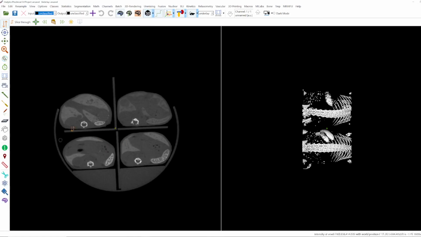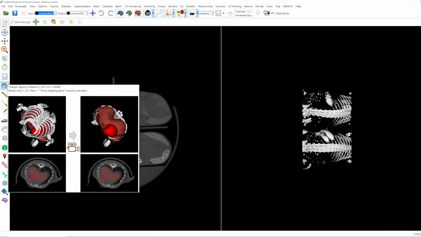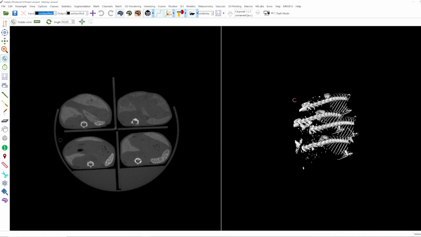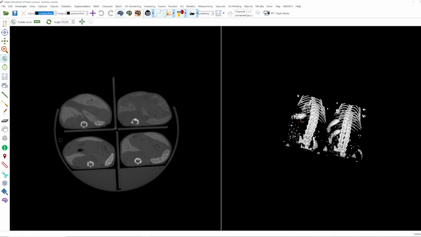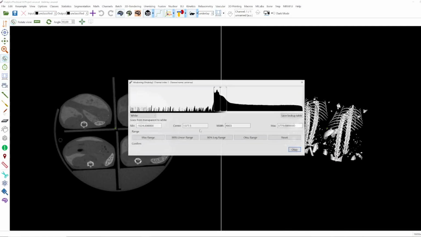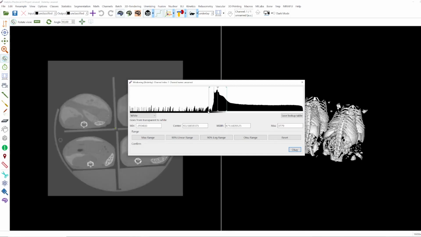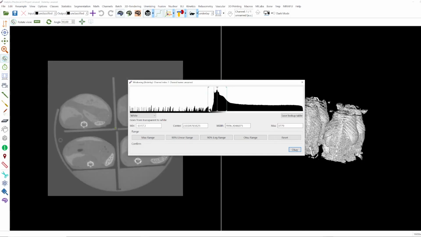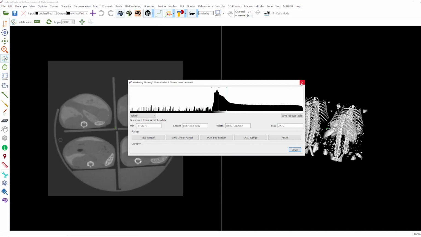What we see is a CT scan of 4 mice lying in a 4 mousepad holder. You can see it here. Let me adjust the windowing a little bit so that you can see it better. However, it's very slow because the dataset is very big. I will go back, it takes a time.